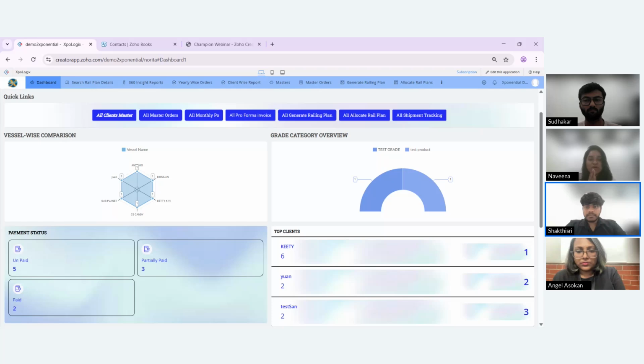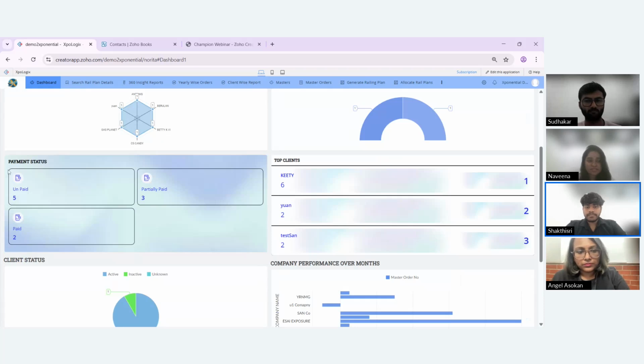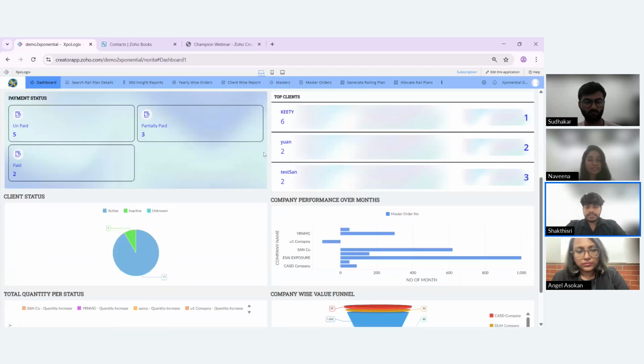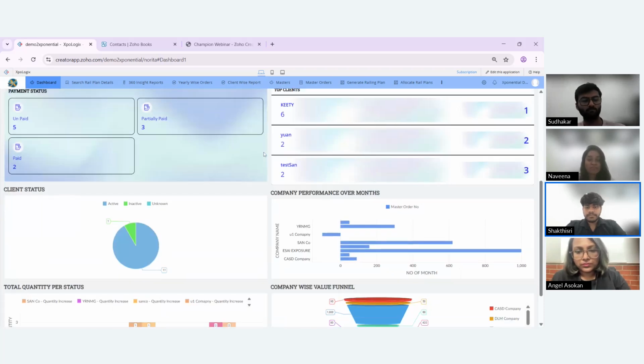So the system is not created in Zoho Creator alone, we have integrated this system with Zoho Books. From Zoho Books, we add the customers, we add the items, we pull the products, and then map them inside Zoho Creator, and then we send it for the invoice. From the invoice, whether they are paid or not paid, the payment status, we have in the payment status module. Then the top clients, how many top clients we have,